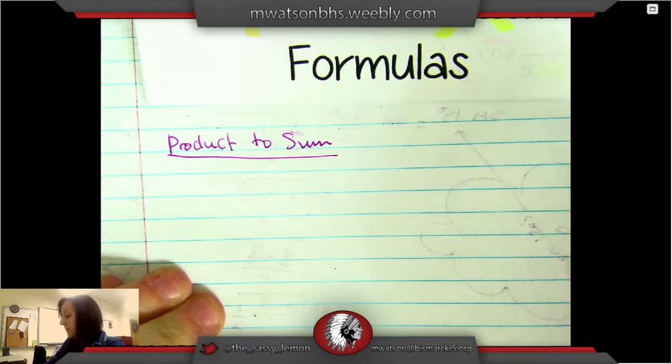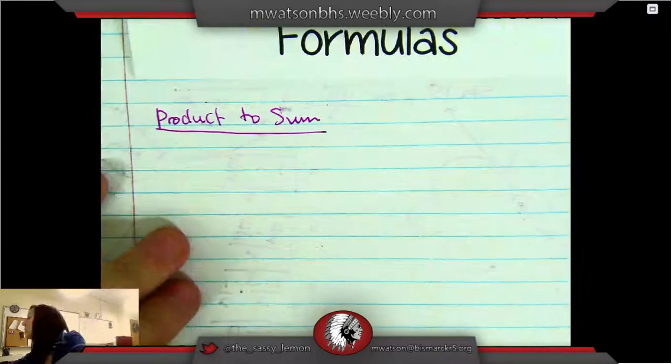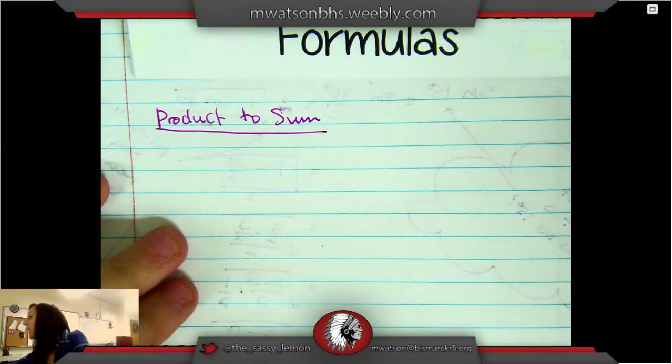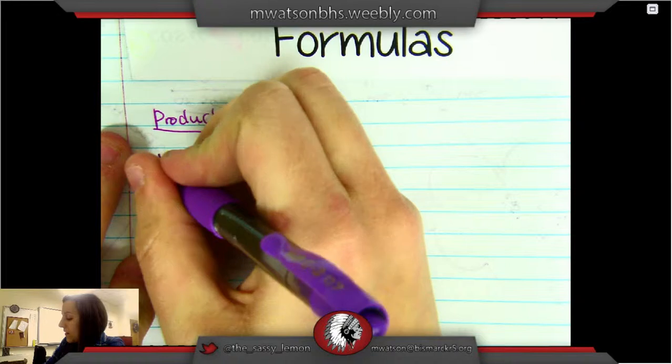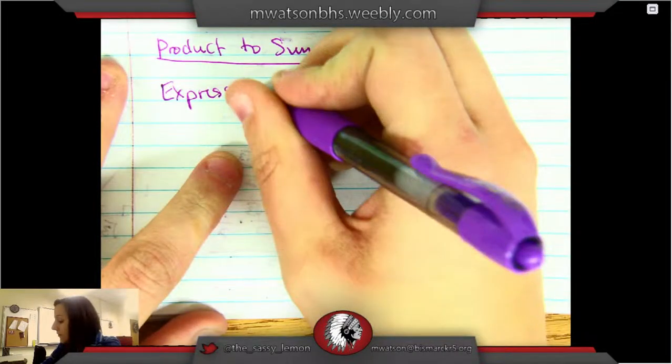And what we're going to do is, how do I want to word this? Express the product as a sum. So that's how the instructions will look. Express the product as a sum. And here's our product. Sine of 8x